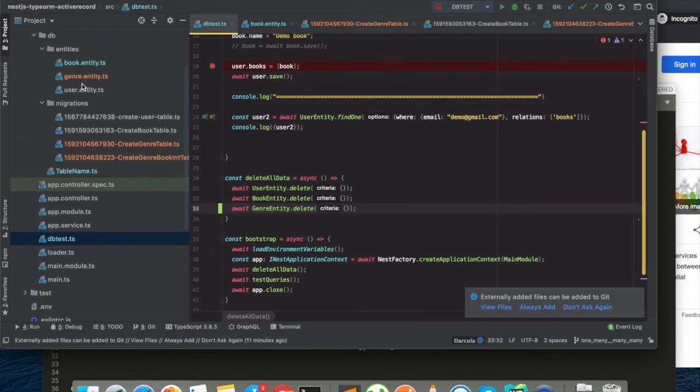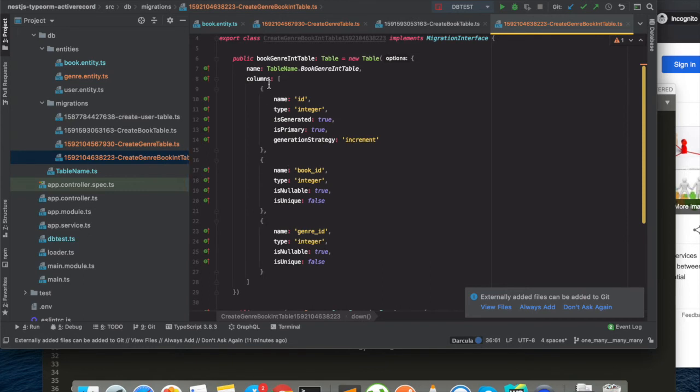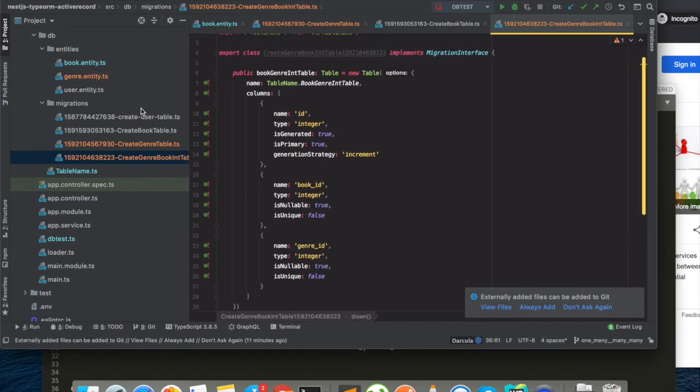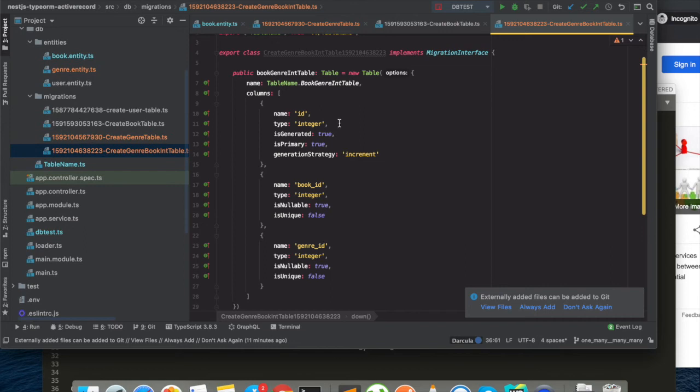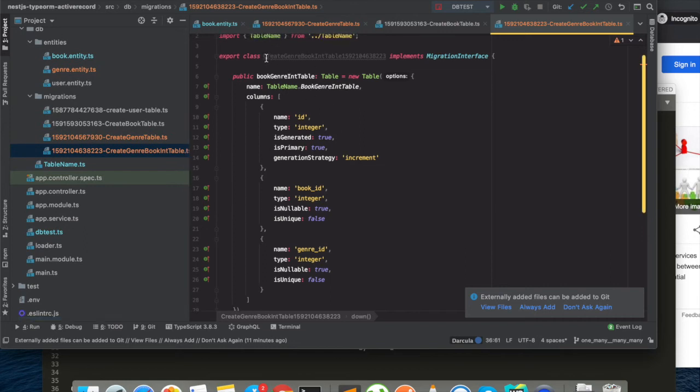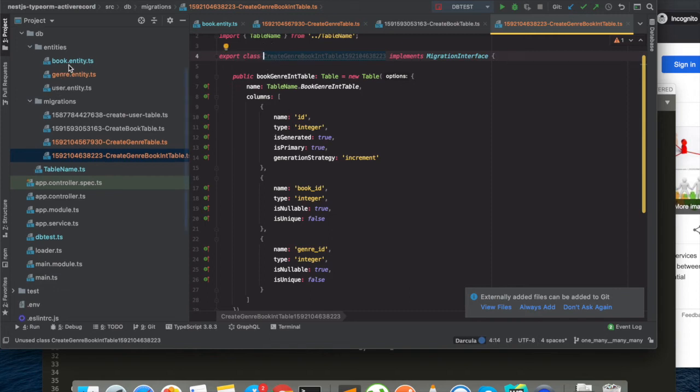Okay, so we also need to create an entity for this table, but it's optional, right? Unless you have some use case where you need to query this table directly, we are not going to create its entity. In this case, I don't think we would be querying the intermediate table directly. So we are just going to skip it and we won't create its entity, right?